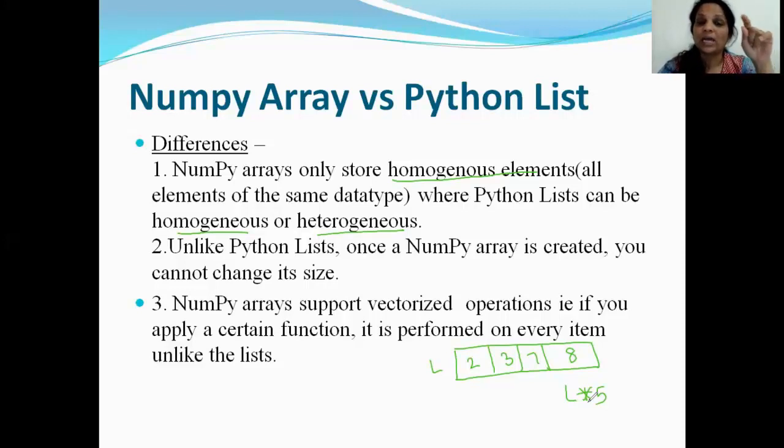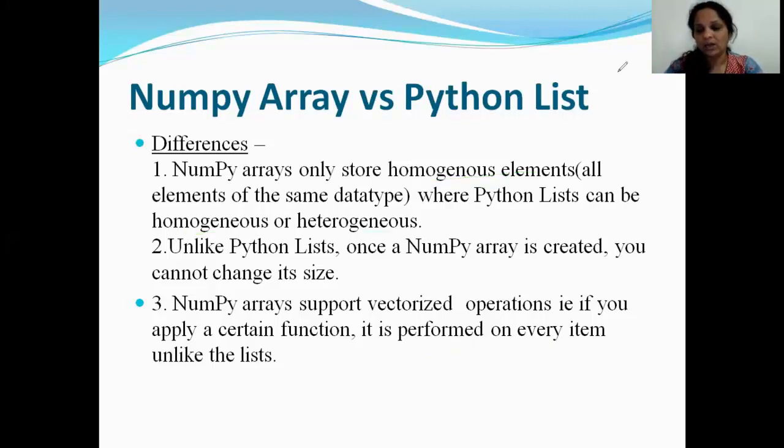That is what I mean by vectorized operations. A NumPy array allows you to do vectorized operations. That means you specify the operation only once. You don't have to traverse through the elements of the array. It will work for each and every element of the array. But that doesn't happen with a list. So that's a difference.